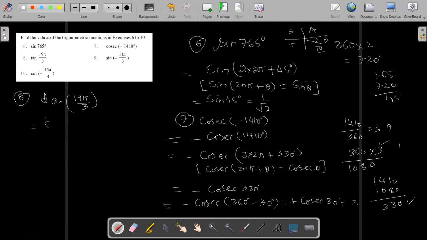So you can write 10 pi by 3 as 6 pi plus pi by 3. 3 6s are 18, plus 1, 19. We can write like this. So that means this will become again the